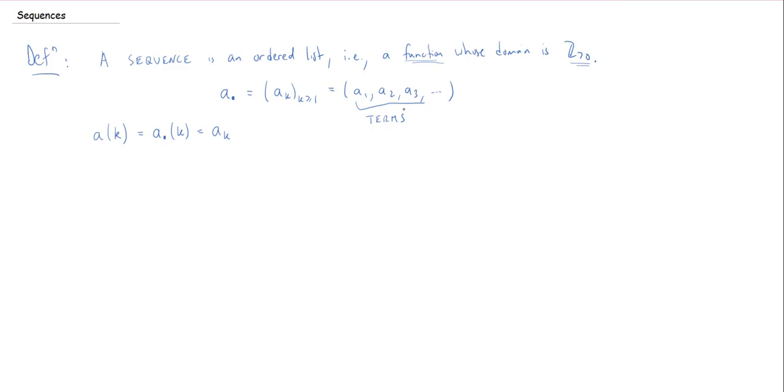So a subsequence is where you're going to get rid of certain terms in the sequence and just look at whatever's left over. Okay, that seems pretty reasonable. How do we make it mathematically precise? So here we go. If A dot is a sequence,